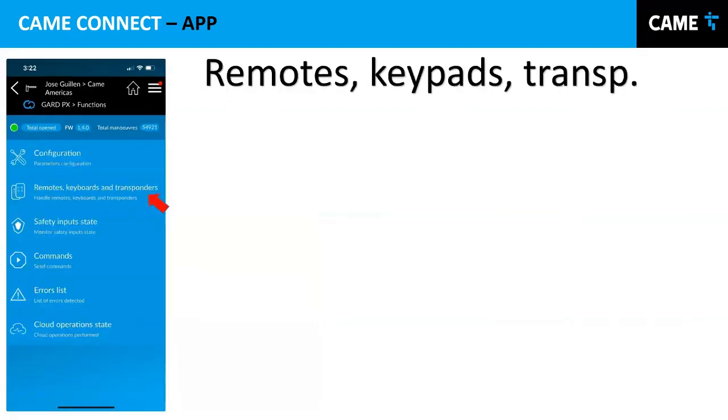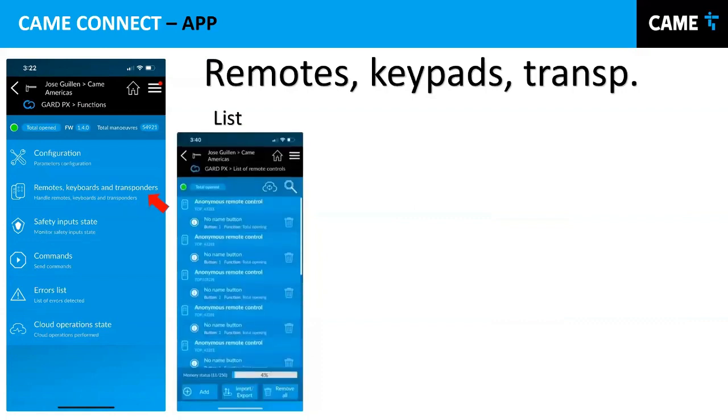What else do we have? One of the beautiful things about this is, let's say, for example, you have a customer that is 3 hours away from you, 2 hours away, and he wants to buy 2 remote controls. Can you imagine traveling 2 hours to bring only 2 remote controls? That would be a waste of time and money. What can you do over here? You go there to